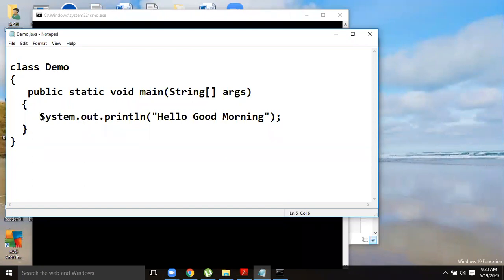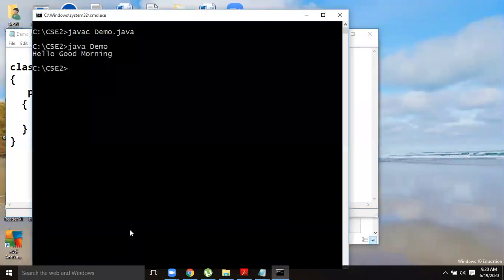So what does it mean? System.out.println means what? System in general is the class. Out is a member of that System class. System.out refers to the standard output stream. From this standard output stream, it is connected to this particular screen. This is the output screen, where you want to use the output. So two things we have to remember.